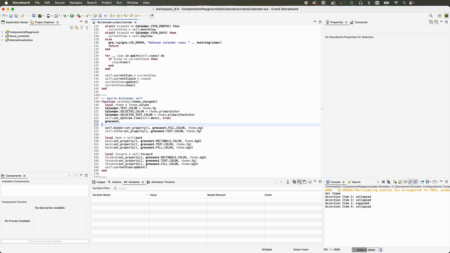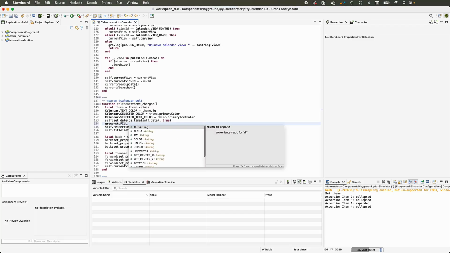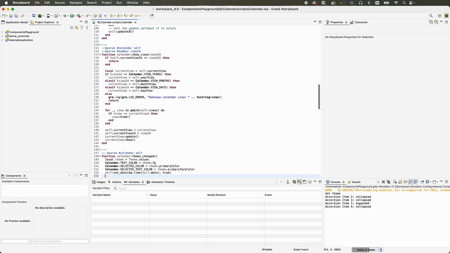Through this GRE const table, I can access all of the fill arguments that I might need or want to change. So this is just an easy way to know exactly what the argument names are that you're going to want to use